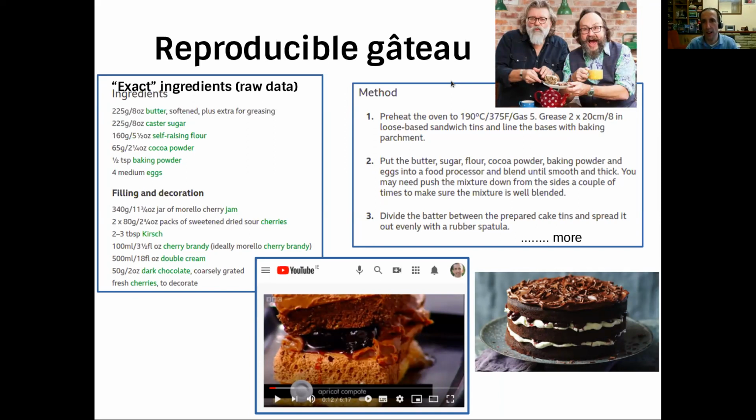And let's suppose we have a research team, the Hairy Bikers, a well-known culinary research team. And what they have done is they have completely made their research into making a Black Forest Gatto completely open. They've given you the exact ingredients, the exact method they've used. They've even shown you a video of how to put this together. So the two gentlemen have decided to go with open access. And that looks reproducible to me. I'm not sure whether I would be able to reproduce this, but